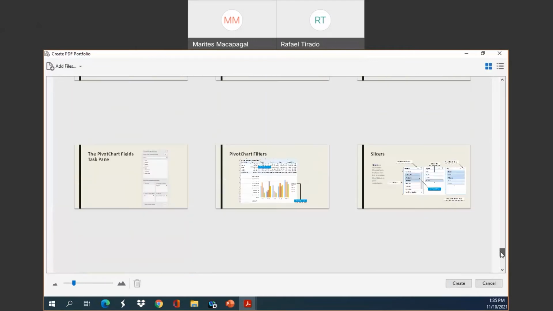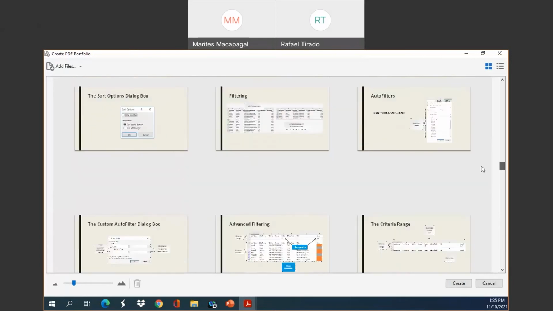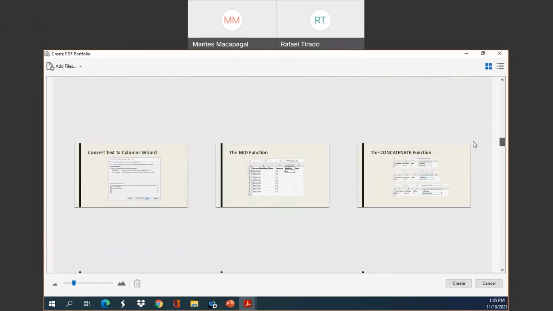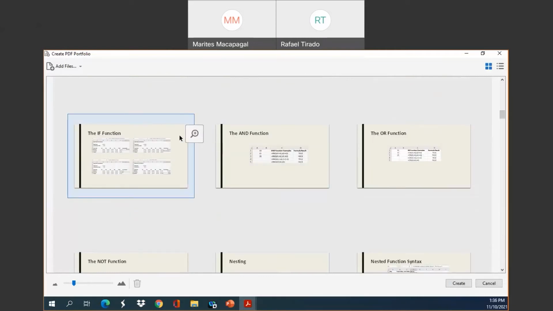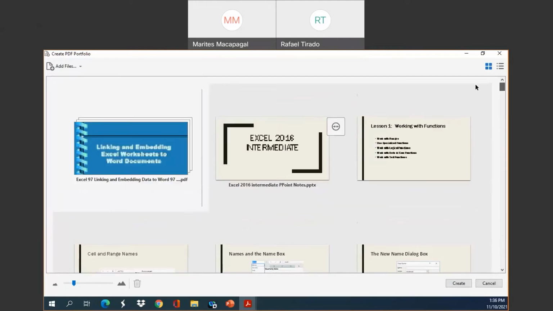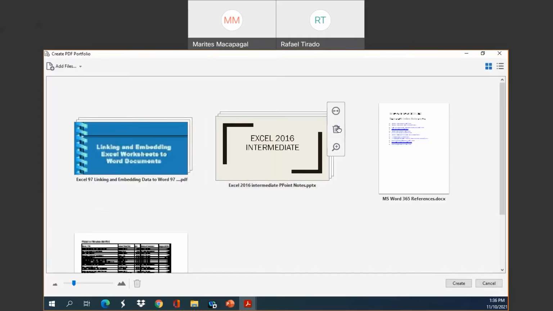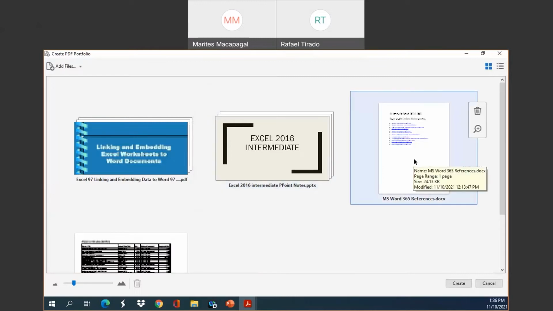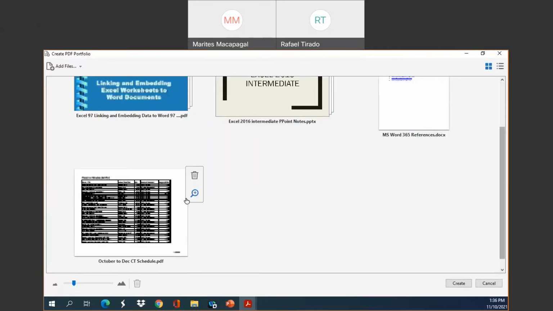Now, if you want to get rid of a specific page of this presentation, you could do so by simply pointing to it, selecting it and pressing the delete button. Again, you could expand it to make it bigger, and you could also collapse it to make it smaller. Now, this is, again, my Microsoft Word,